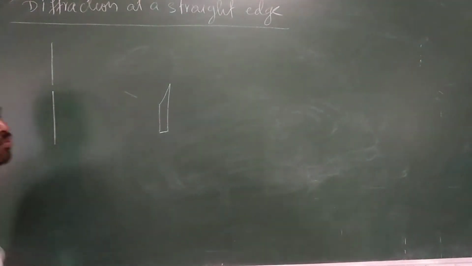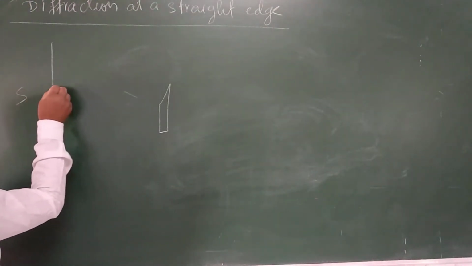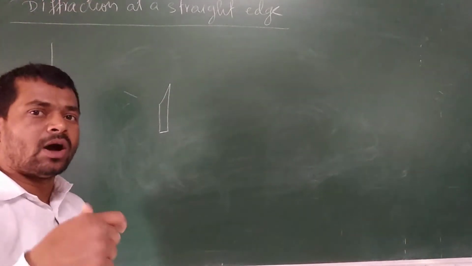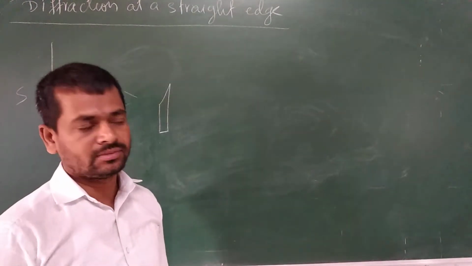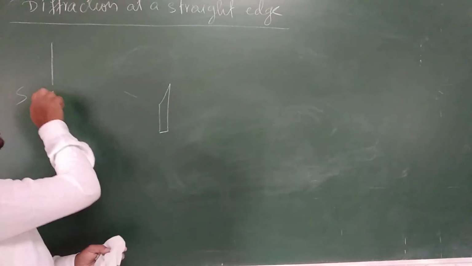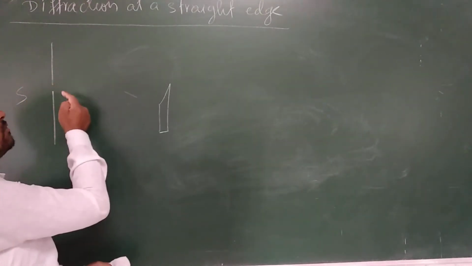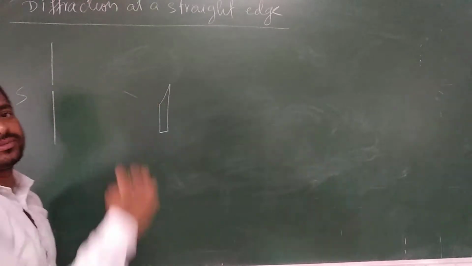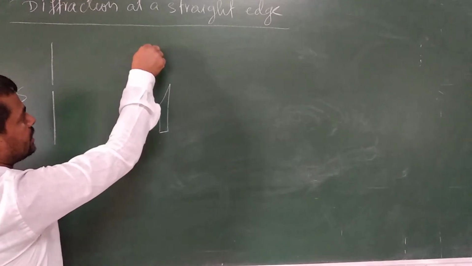And keep your source, a monochromatic source, and from that source light comes and falls on the slit. So what type of light comes out? From this slit, a cylindrical shaped wavefront will come. All the waves come together to form a cylindrical shaped wave. Let that cylindrical wave travel in this direction and strike like this